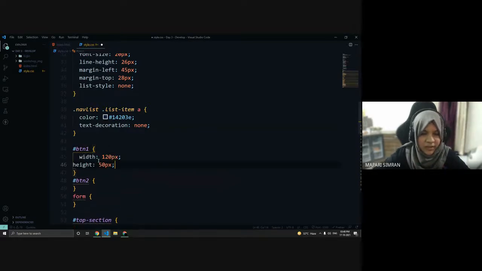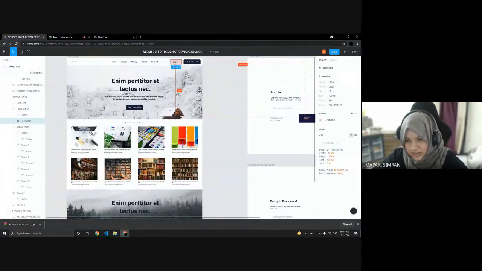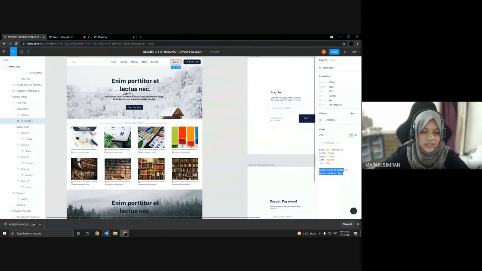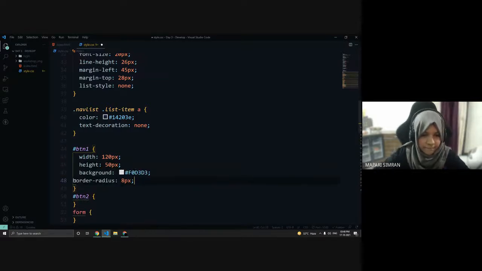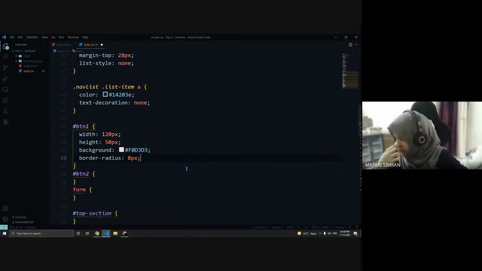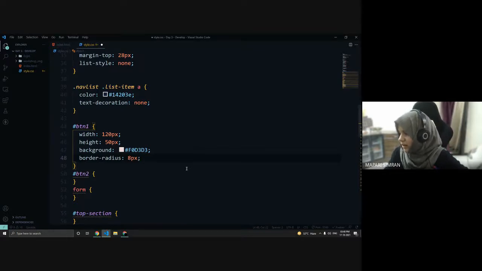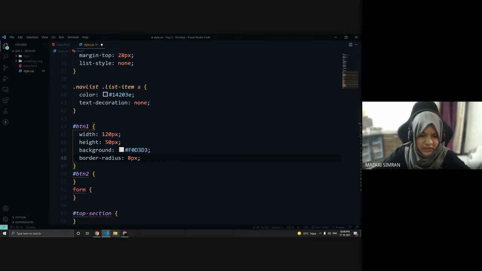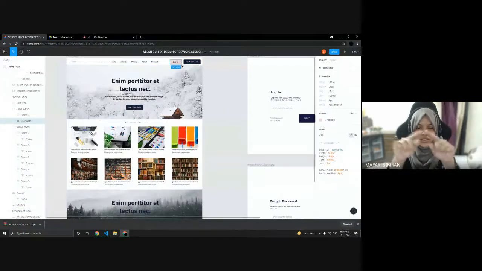Now let's copy paste the width and height, and we have some background color to it as well, right? And border radius as well. So just copy that and paste here. So now I think we have given this styling to BTN1 with height and border radius from there, and color. Font size also we will have to give. And now we have given the styling to this button.